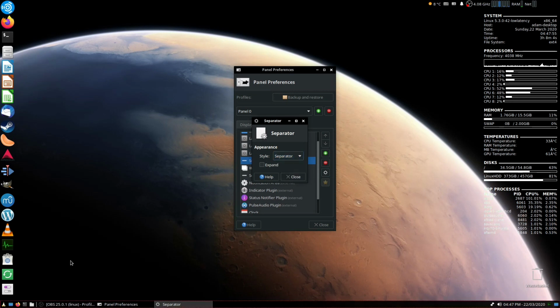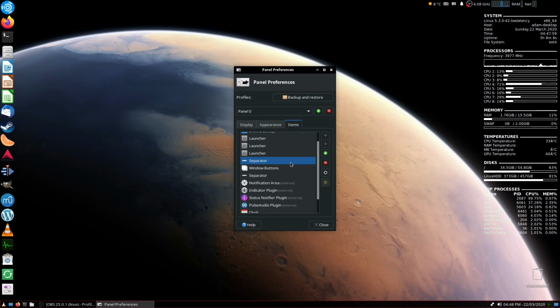Otherwise, if you get a separator, we get this horrible line. You might like how it looks, I just think it looks really ugly. I prefer not to have it there. Then the window buttons. These are obviously the buttons which we can now select between whichever programs I